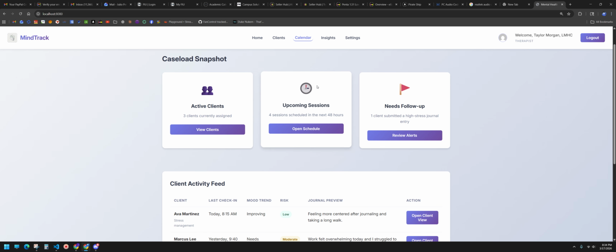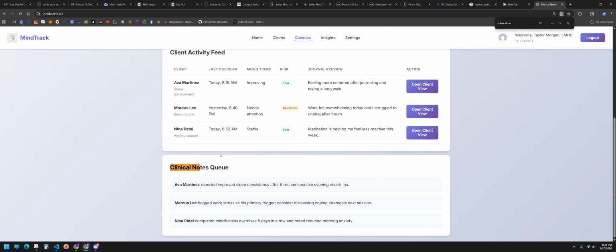And just one more question. The clinical notes queue, are those notes from the sessions, or would it be notes that the client sends, like they forward it through and say, "Hey, this is how it is right now"? Because it says client reported or client flagged. So would the client themselves push this notification to the therapist and say, "Hey, I've been having an inconsistency with sleep," or are those insights that get sent automatically?